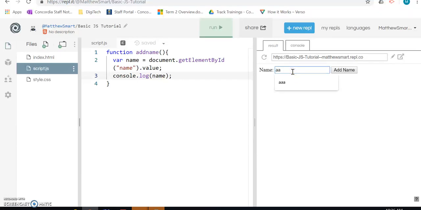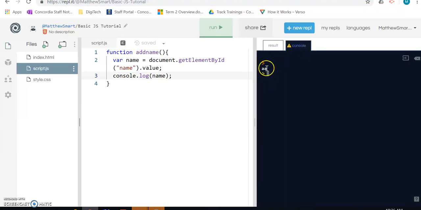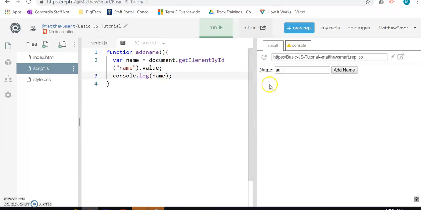I'm going to hit the button, type in a name, and add the button here. Up in our console, we can see that now that name of AA is being stored for us to use. So if we wanted that name, maybe underneath here, to say "hi AA", what we could do is